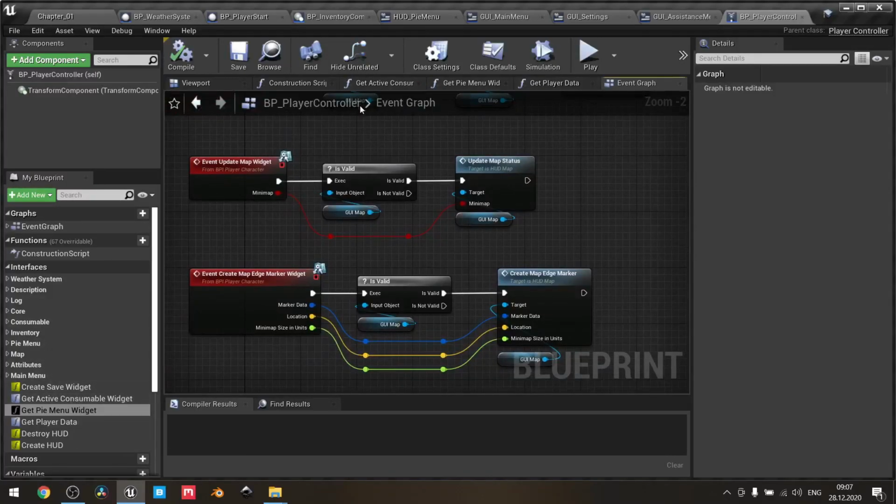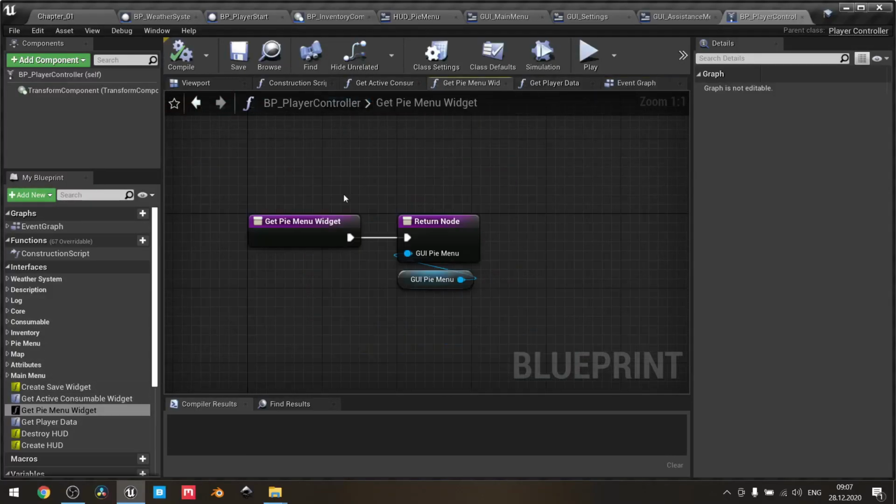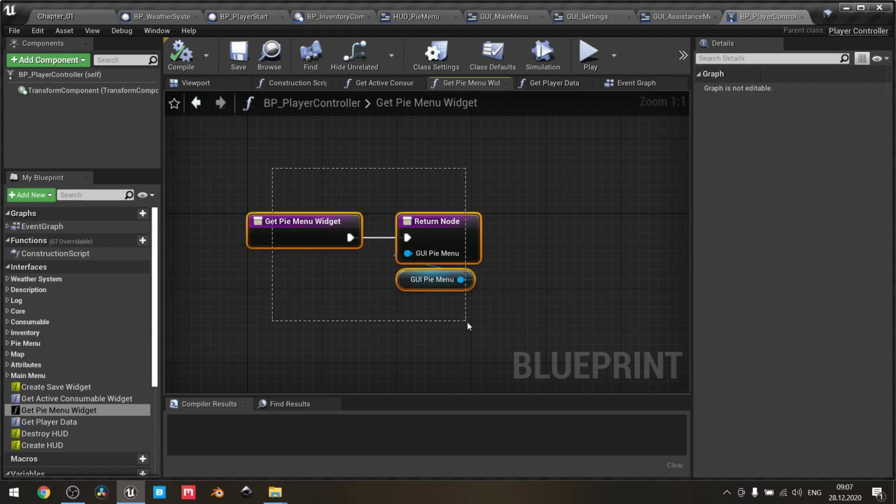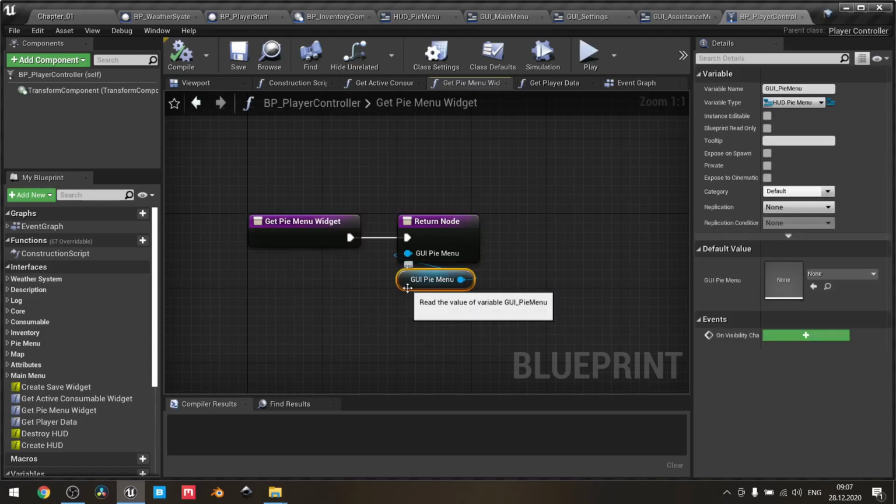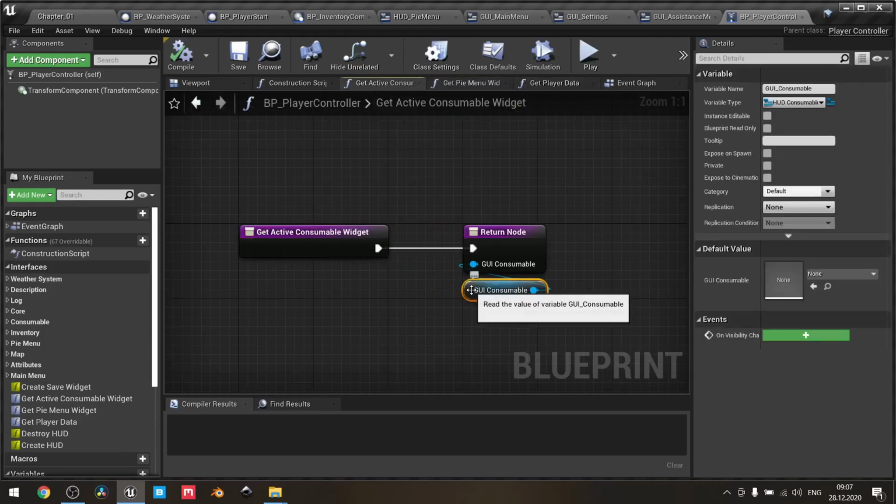So for those who have seen it, the function for returning the widget looks this way. Just need to provide the proper reference link here and here. Now we can close it